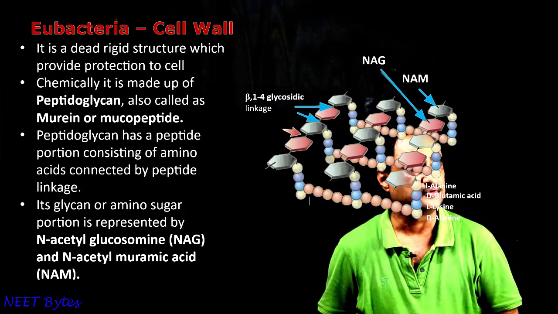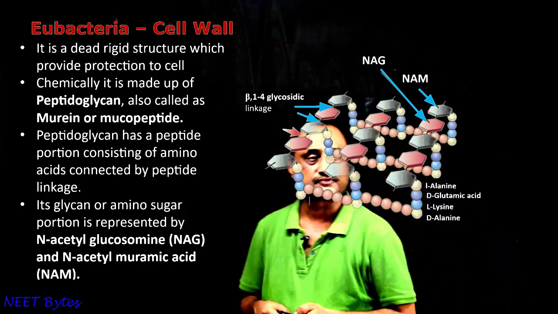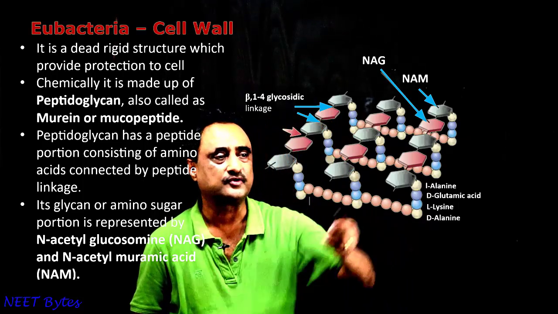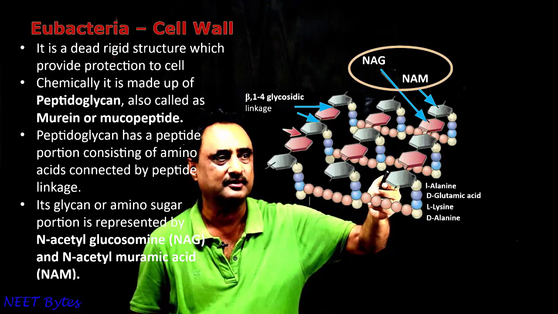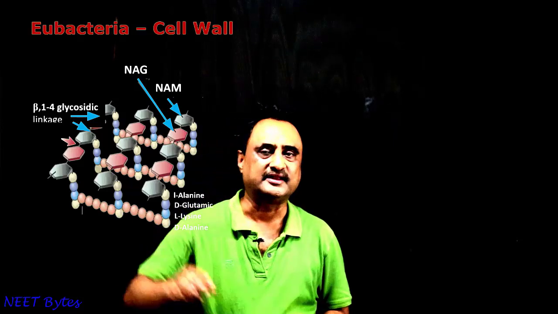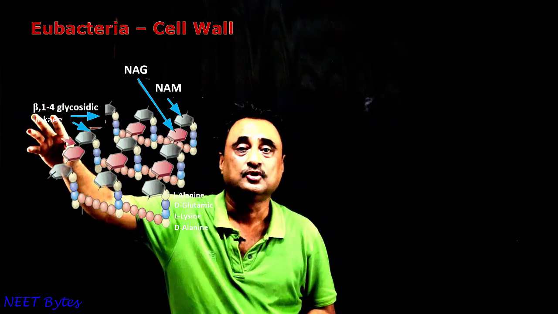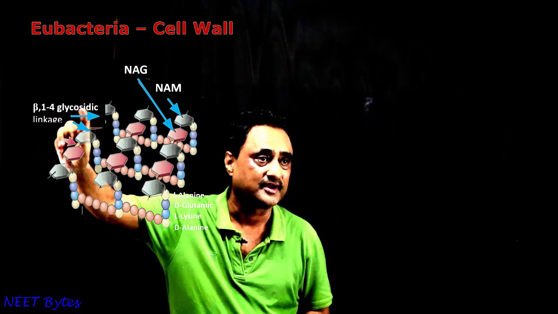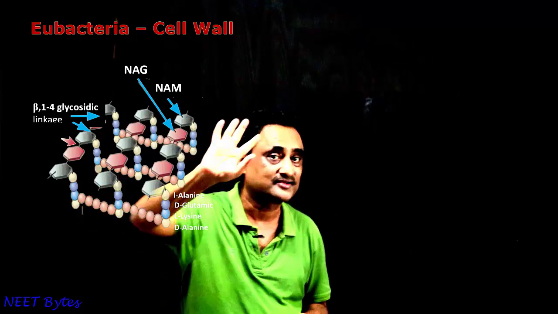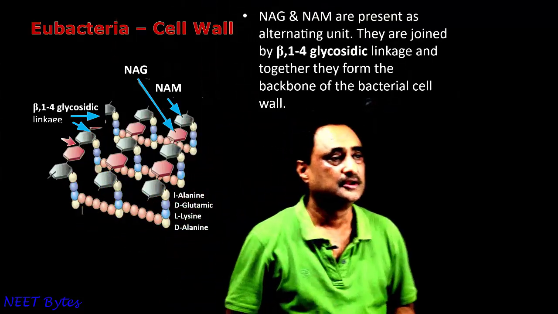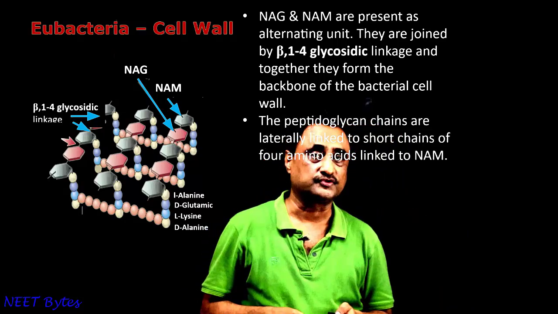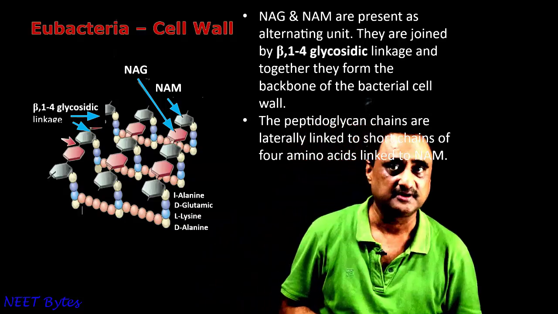Have a look at this. So you can see the structure of the cell wall. You can easily see that a beta-1,4 glycosidic linkage is between NAG and NAM, as you can see there. Glycosidic linkage occurs between carbohydrates, so this beta-1,4 glycosidic linkage occurs between the two carbohydrates, that is NAG and NAM. Okay. So what we see is that in this peptidoglycan structure, there are 4 amino acids